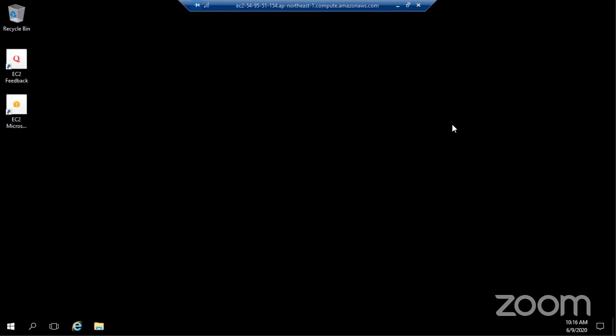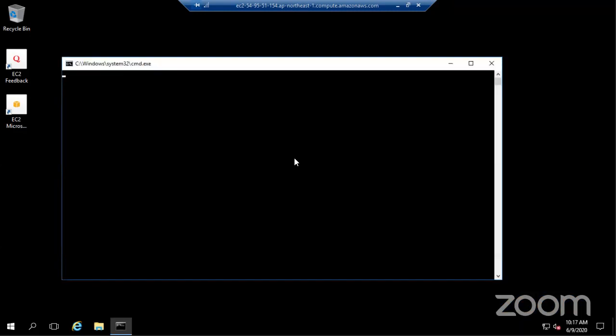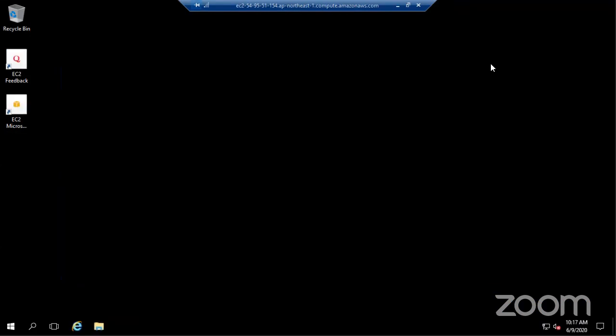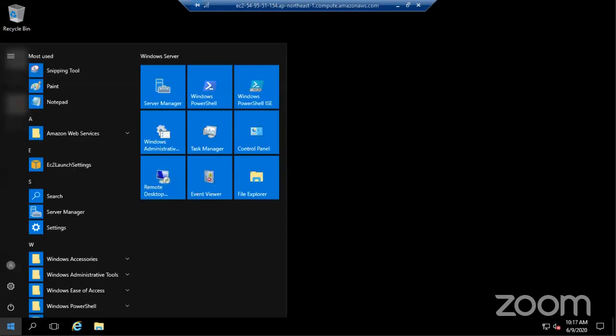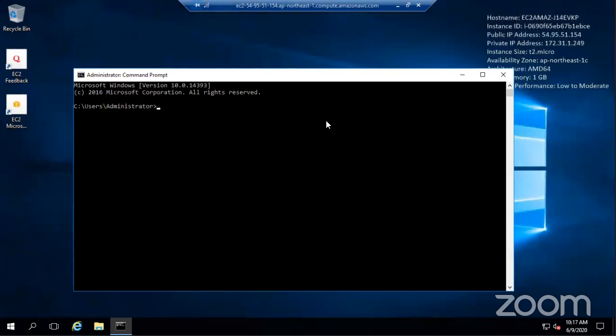Are you able to see the screen? Yes. So this is a brand new server that we've set up. It's even asking us the same questions you ask when you set up a new server. So, and that's it. We are done. We have a server with us here, a Windows server, and we can do everything we can do on a Windows server. Let's see whether this server has access to the internet.